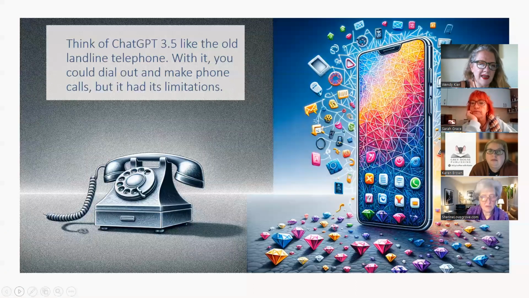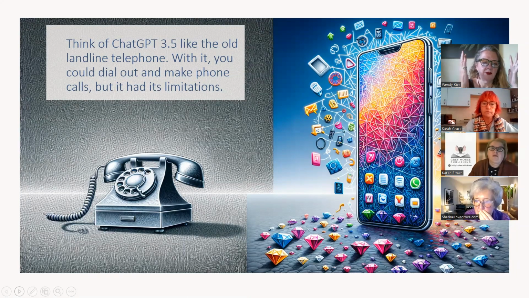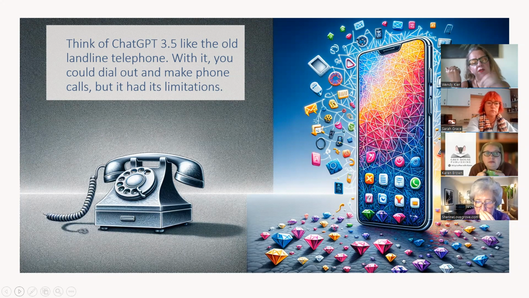So really, the main difference between ChatGPT 3 and 4 is, if you think of a telephone that served its purpose, you pick it up, you dial, and you speak to somebody on the other end. Version 3 is very much that: you put copy in, you get an answer out. It's nothing more complicated than that. You put data in, it gives it out.